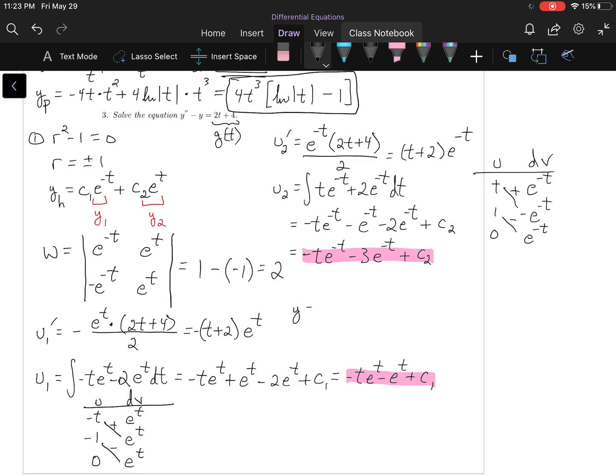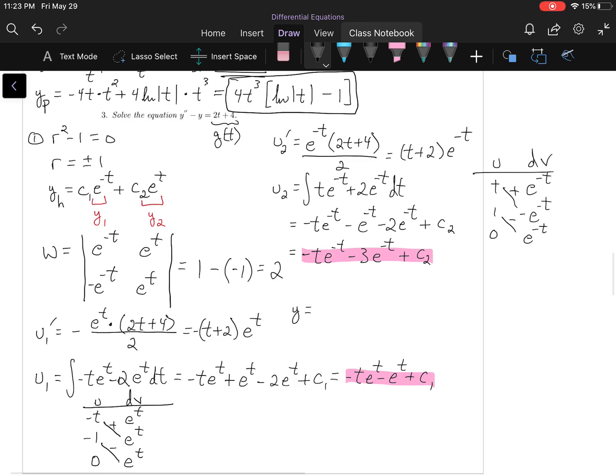So y is going to be u1, which is, let's see, I'll write it as negative t plus 1 e to the t plus c1, that's u1, times y1, which is e to the negative t,